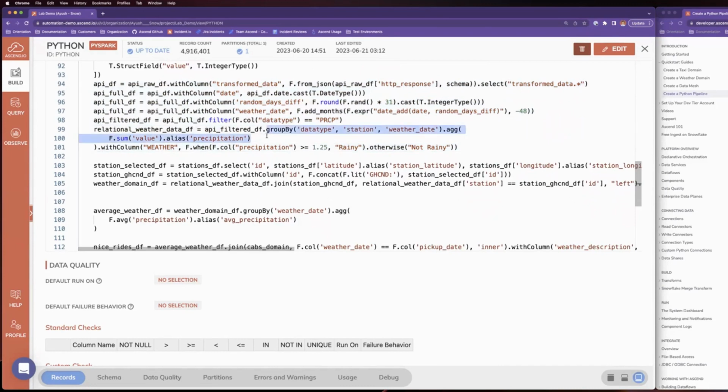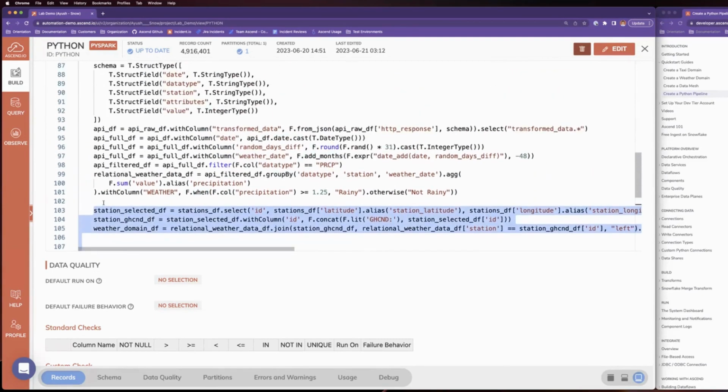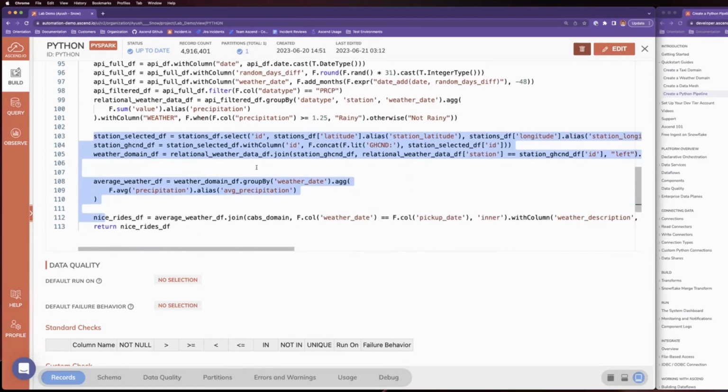You notice again, we have this group by, we have the aggregates, we add a column where we have a conditional statement. In this case, instead of case when, we just have when. And we're able to create dynamic values based on that. And similarly, you'll notice at the end these are just 3 separate transforms, all within a section of like 20 lines of code. A lot of these extra sections of code are there to cast, clean up, and normalize, rather than the actual functionality of the code.